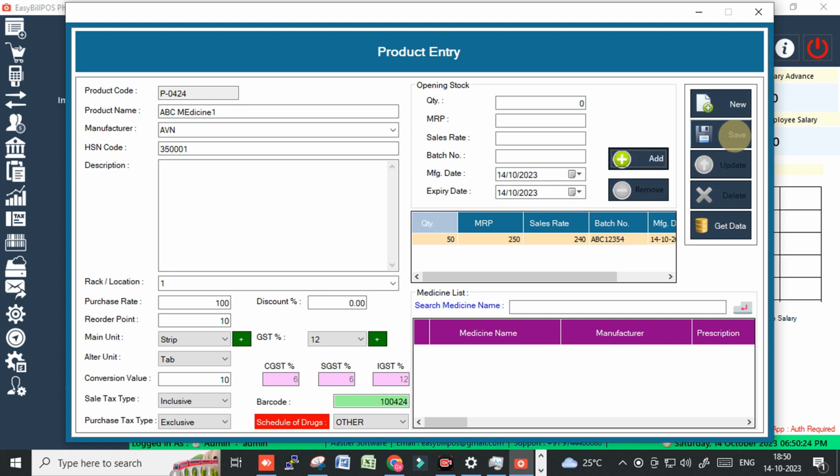That's it, you can add it. Now you can click on save, and this option is like the search medicine name. If you know the specific medicine name, you can search and click enter, and the manufacturer, prescription, alternative medicine, all the details you will be getting by using this system. Actually this system is especially for English medicine, allopathic medicine. So this is the demonstration which I am showing you only for this